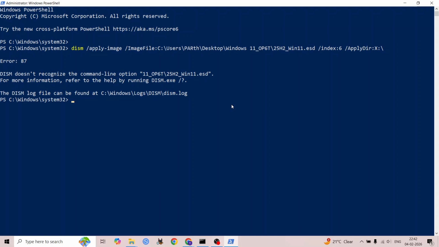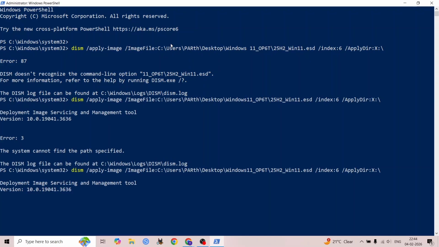Once the image finishes applying, we need to install the drivers. Unpack the driver archive you downloaded earlier. Open a folder and look for a file named devicenamefirstboot.cmd. Run that file. If you see an error, try running the fix version of that file if it's included. The script might ask you to enter a drive letter. You need to enter the drive letter of the OnePlus partition, which we assigned as X, so type X and